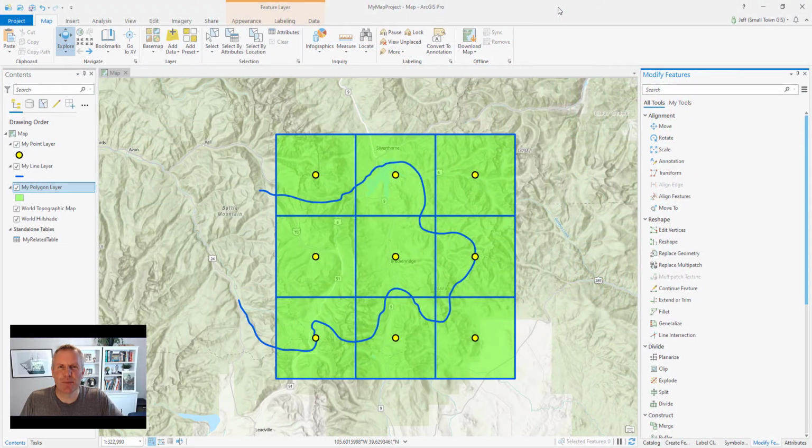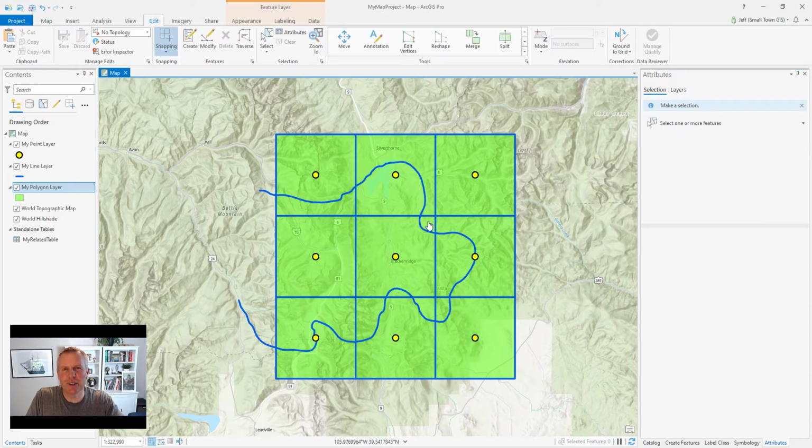So here we are in Breckenridge, Colorado. Shout out to the folks in Summit County, Colorado. I've got here a bunch of line features, a bunch of point features, and some polygon features, and we're going to number those sequentially. So you can get to the Sequential Numbering Tool through the Modify pane, and to open